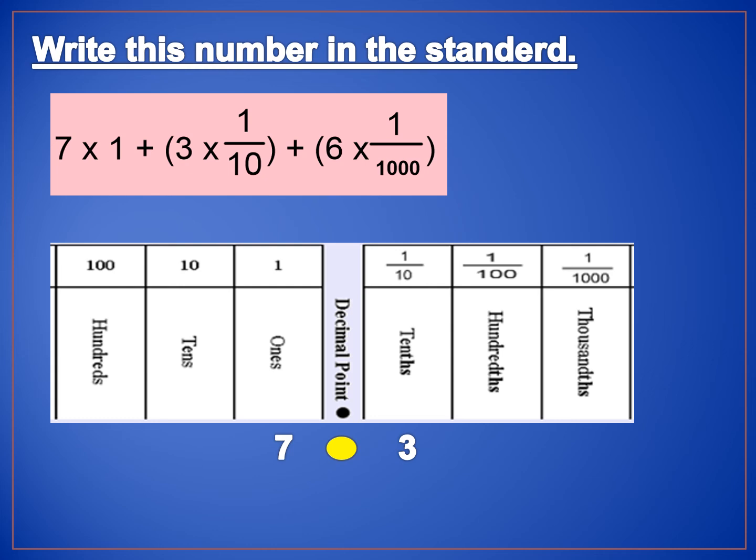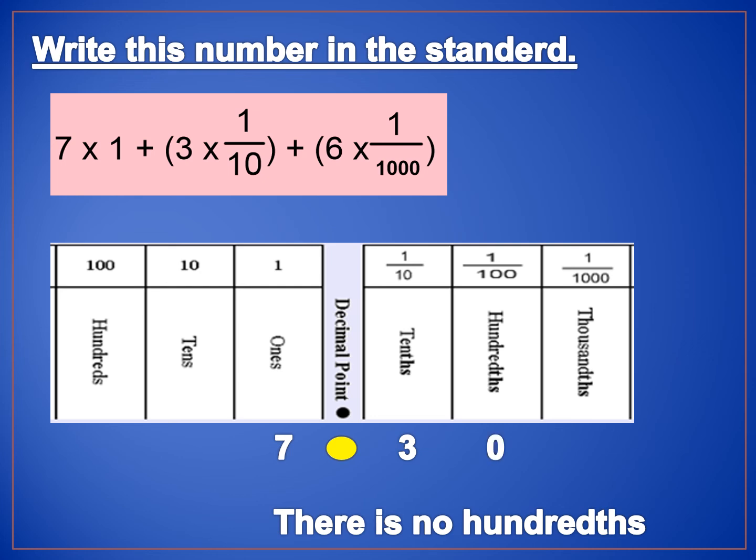There is no 1 over 100 here. So I'll put, of course, 0 in the hundredths place because there is no hundredths here. But there is 6 times 1 over 1000, which means 6 thousandths. So you have to put 6 under the thousandths place, which will be 7.306. If someone put it, guys, at 7.36, of course, it will be wrong, because he will consider here 6 as 6 hundredths. Of course, there is no hundredths here, so the answer will be